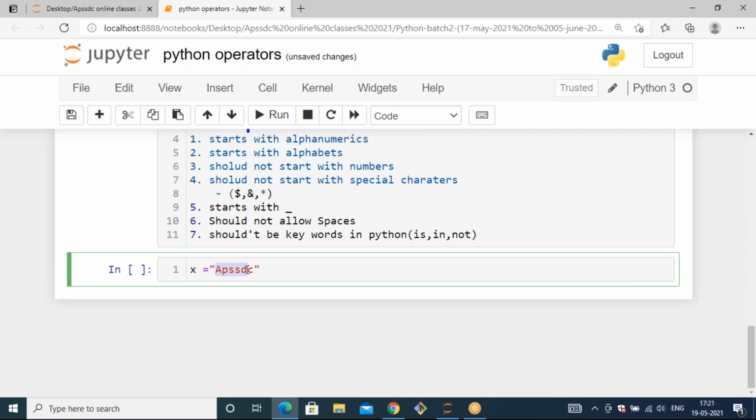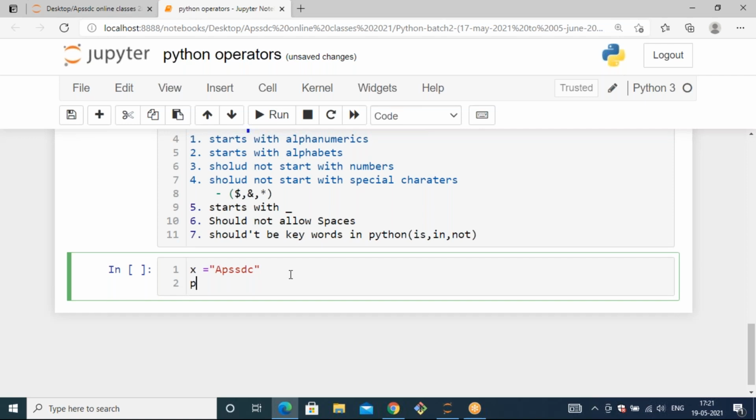Finally, this APSSDC data is a string because it is defined in double quotes, so it is considered a string, and finally it's going to be stored in the variable x with the help of this equal operator. So that's what happened here.